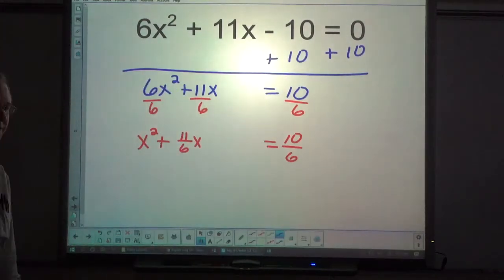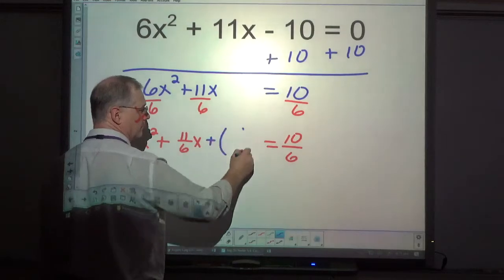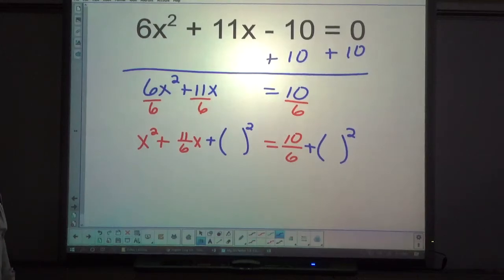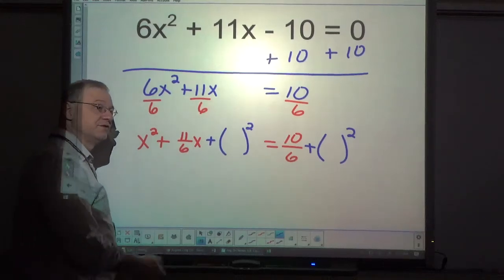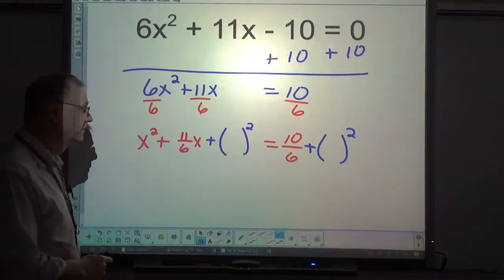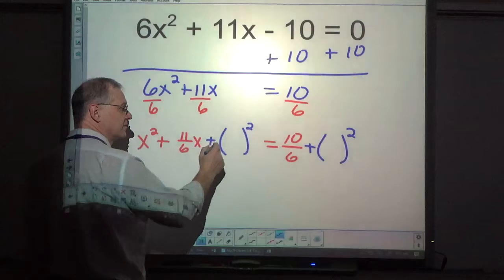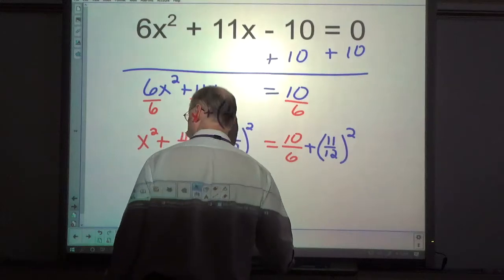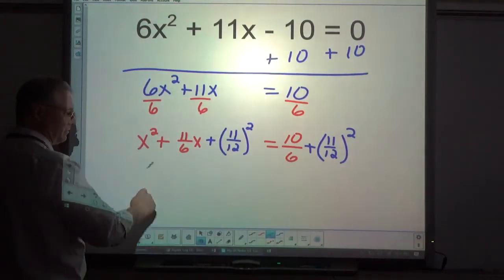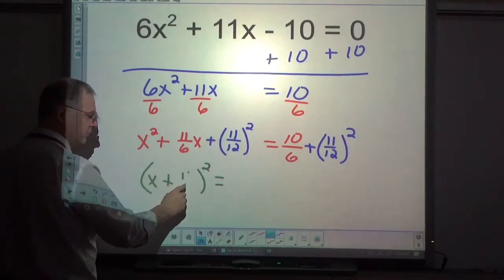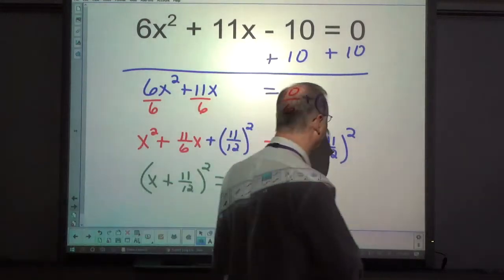And this is tricky. How do you cut 11 over 6 in half? Well, you double the denominator. Because if you multiply by 1/2, that's cutting something in half. So 1 times 11, 2 times 6, 11 over 12. So x plus 11 over 12 equals, now we get a little work here,